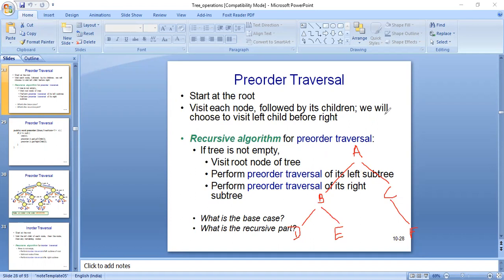So firstly we visit A because this is the root node, because in pre-order we follow root, left and right. Okay, so root is A. Then we move toward the left subtree. The left subtree here is B.